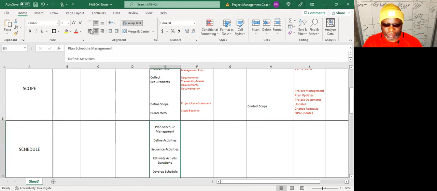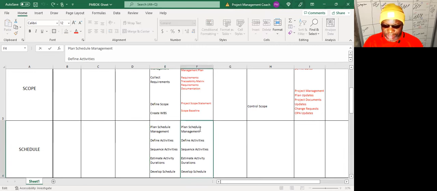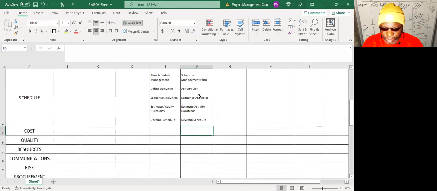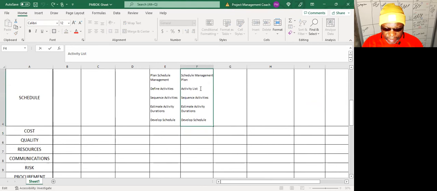how we're going to manage the schedule, how we're going to build it. Then you define the activities, then you sequence them, then you estimate the durations, and you develop the schedule. So plan schedule management gives you a schedule management plan. Okay. Define activities gives you three things. Gives you an activity list. It gives you what we call activity attributes. And it gives you a milestone